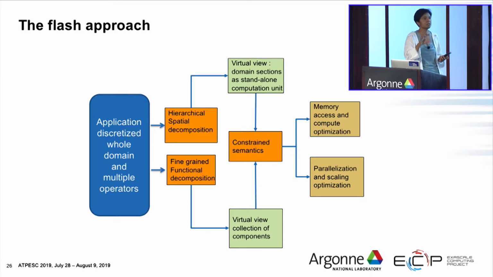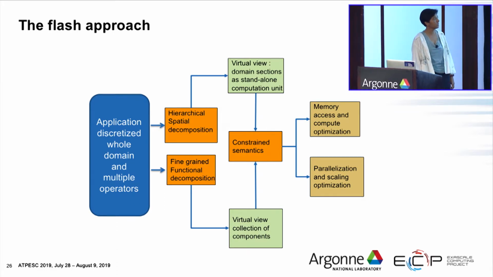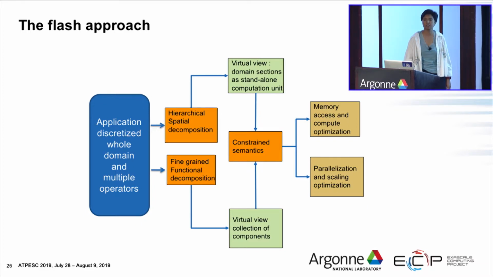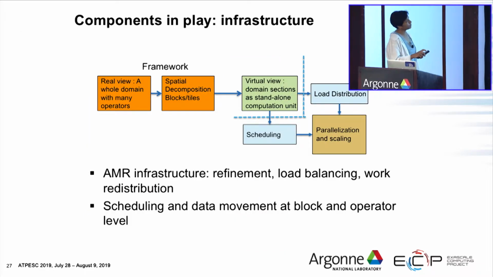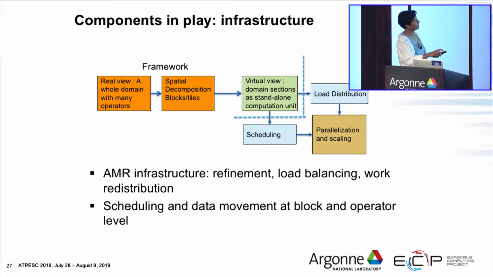you can incrementally apply code transformation function by function as needed, because these things are now sitting in as their own entities. And so with this constrained semantics, then we can do the memory access and compute optimization, as well as parallelization and scaling optimization as needed. And so here is where we are seeing that the AMR infrastructure, for example, is taking care of, because it takes care of refinement, load balancing, and work redistribution,